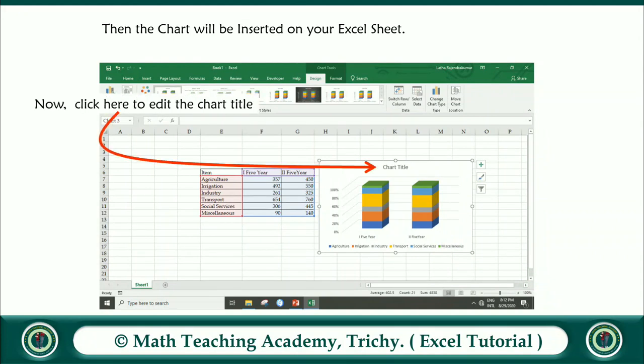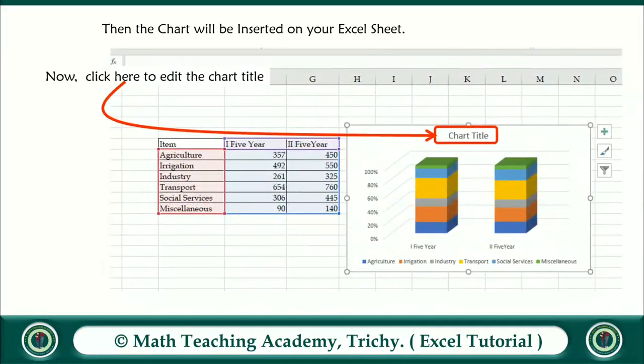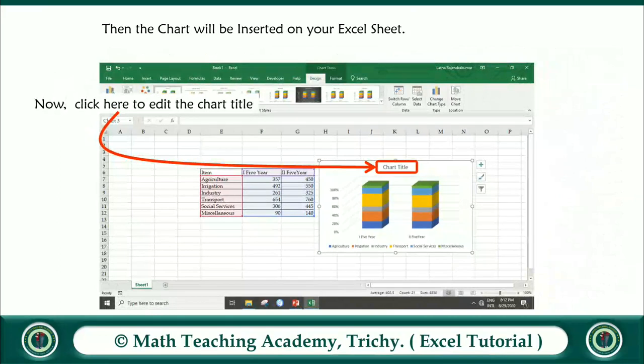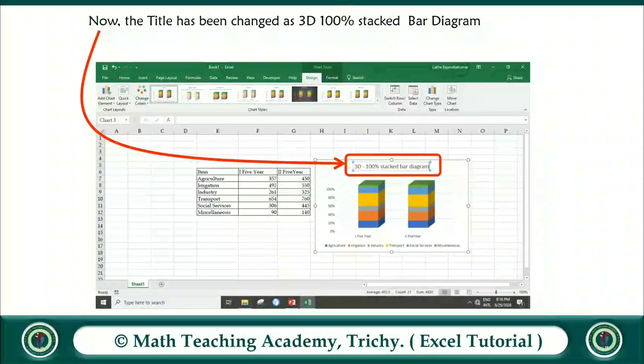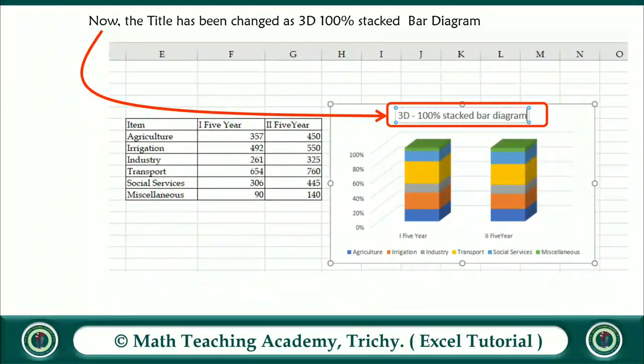Now click here to edit the chart title. So this is the chart title. So click here to edit the chart title. Now the title has been changed as 3D 100% stacked bar diagram. So look at here, the title has been changed as 3D 100% stacked bar diagram.